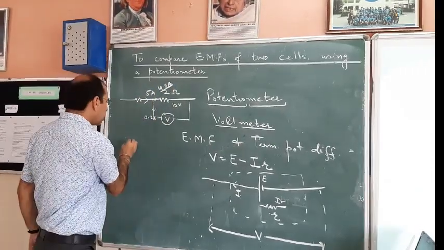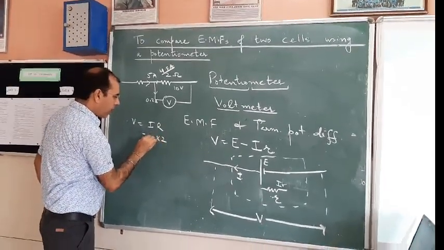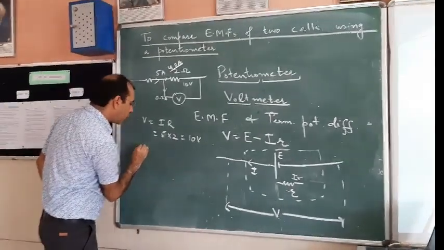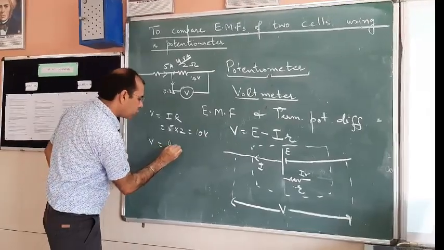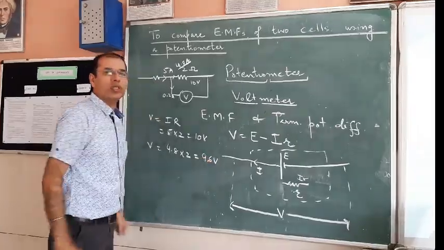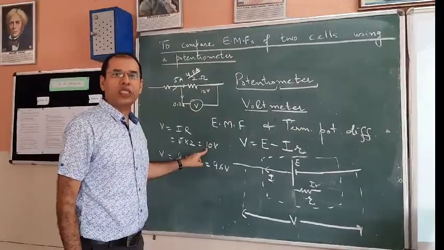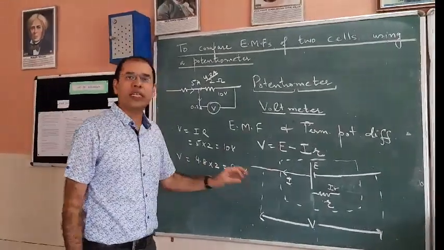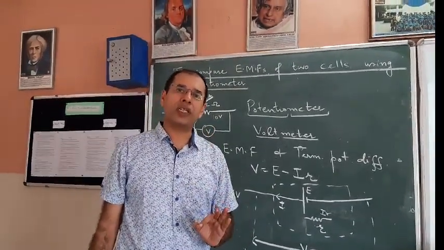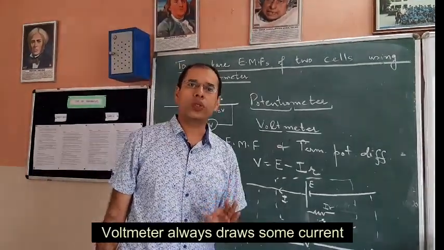So earlier the voltage was I times R, 5 into 2, 10 volts. But now, if you use the same formula, this time the current has reduced to 4.8, so the voltage is 9.6 volts. No cell is involved, but in spite of that, the voltage that was 10 volts is being reported by the voltmeter as 9.6 volts. The reason is that whenever we have a voltmeter, it will draw some current from this circuit and the voltage is going to change.